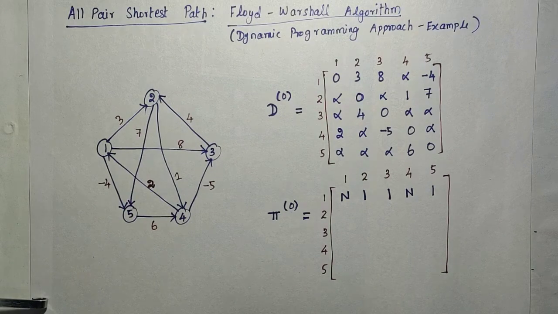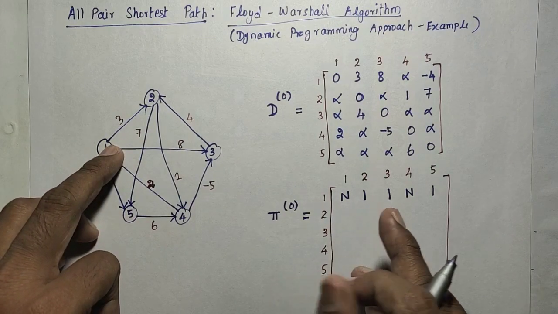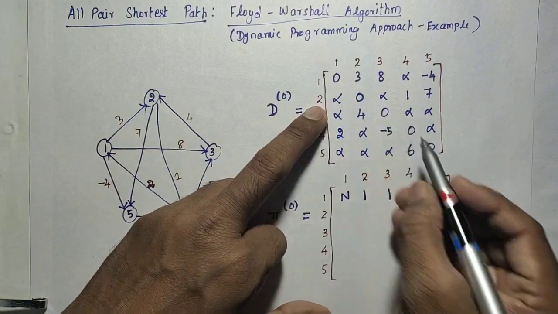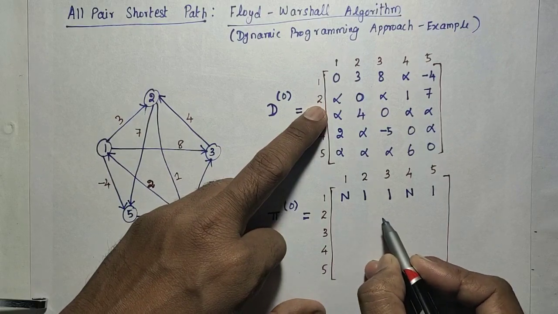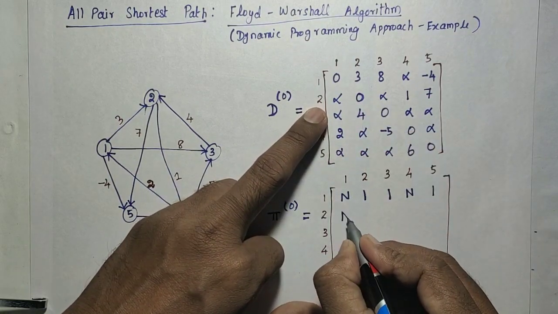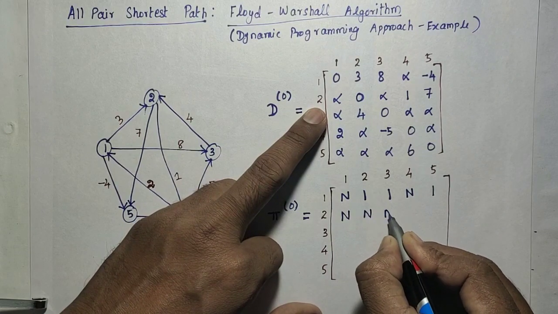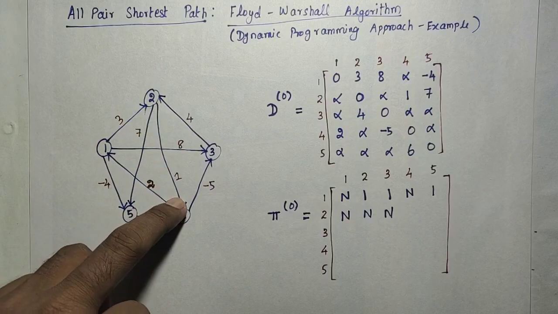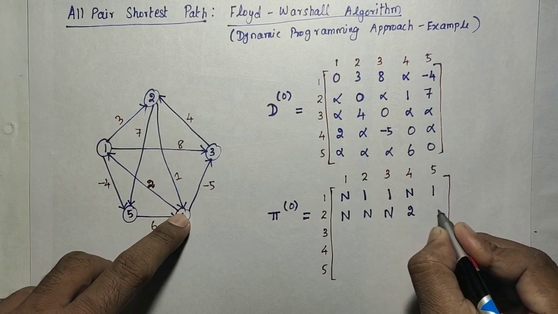Okay. Similarly, what 2 2. So wherever that infinity or 0 in that distance matrix, that will be filled with nil here. So infinity, 0, infinity: nil, nil, and then nil and 2 to 4. Okay, 2 to 4 and 2 and 2.